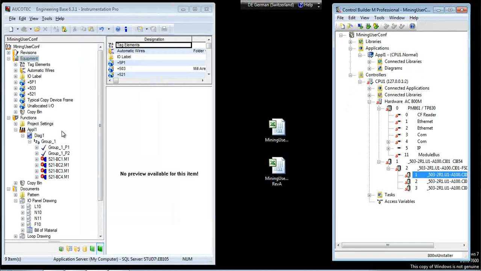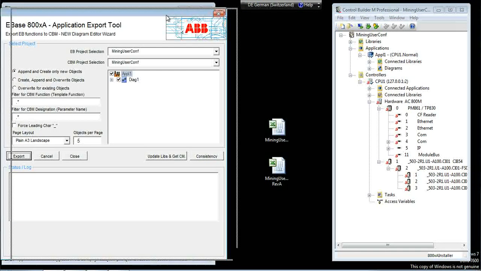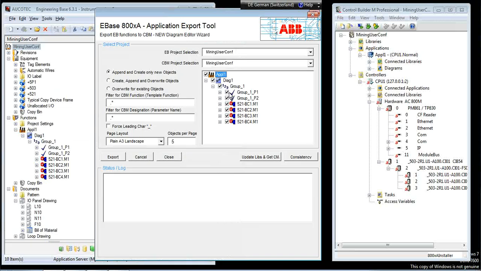Then we do the same for the application. So we export the software application. The system shows me here what I have chosen to export, so it's my group, and I will export that. You can see there is an application 1, but currently no diagram and no group existing. I export this application into System 800XA,